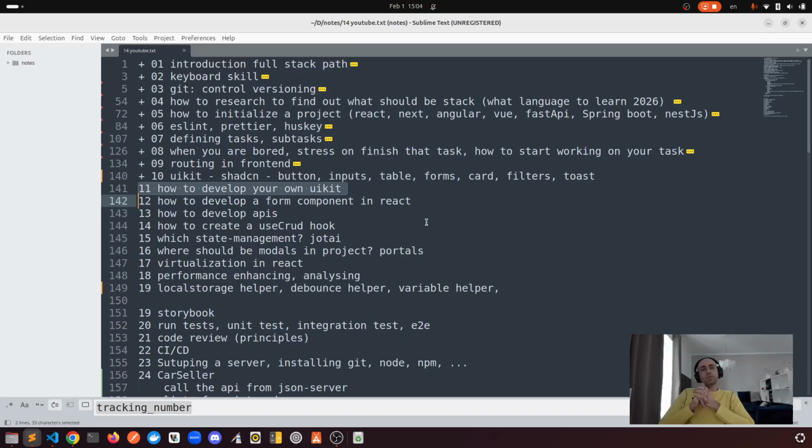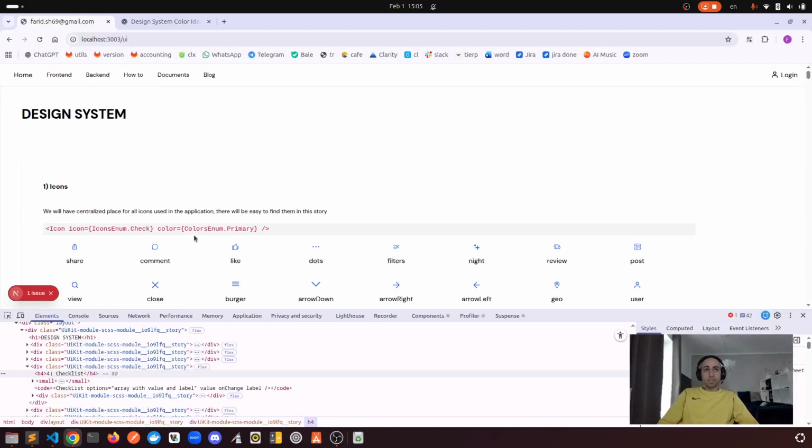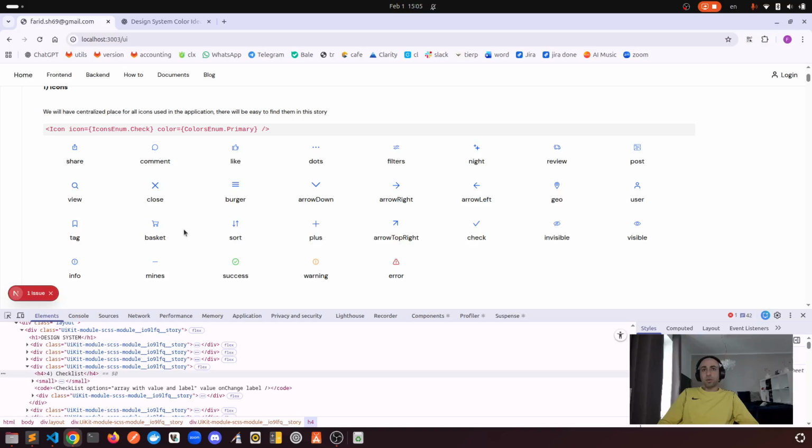In this episode, we're gonna talk about how to develop your own UI kit. So, developing a UI kit at least takes around 1 year. By the way, if you have a lot of experience, you can do it in, let's say, less time. For example, for me, it took me like 3 weeks. By the way, I developed a UI kit purely with CSS, and I'm gonna explain to you how you can have